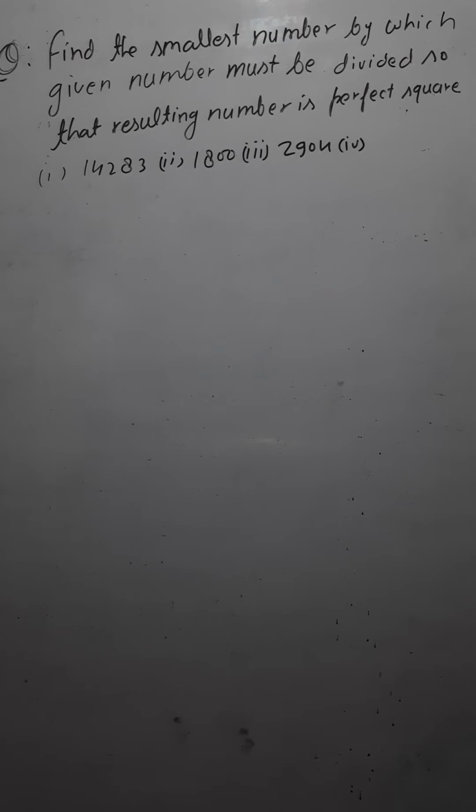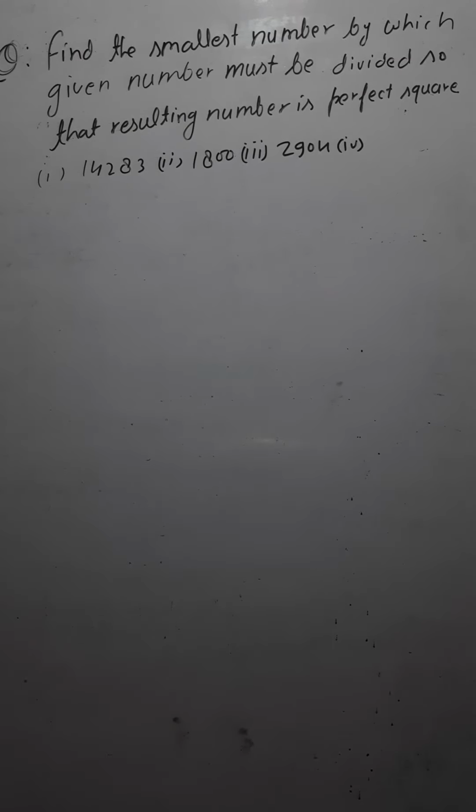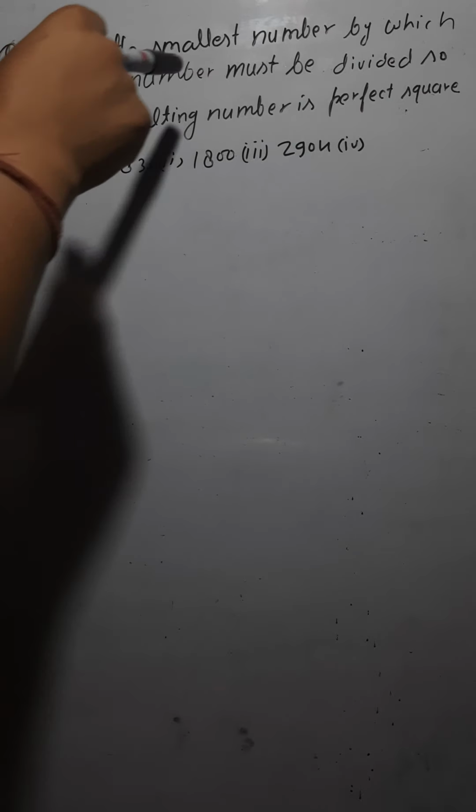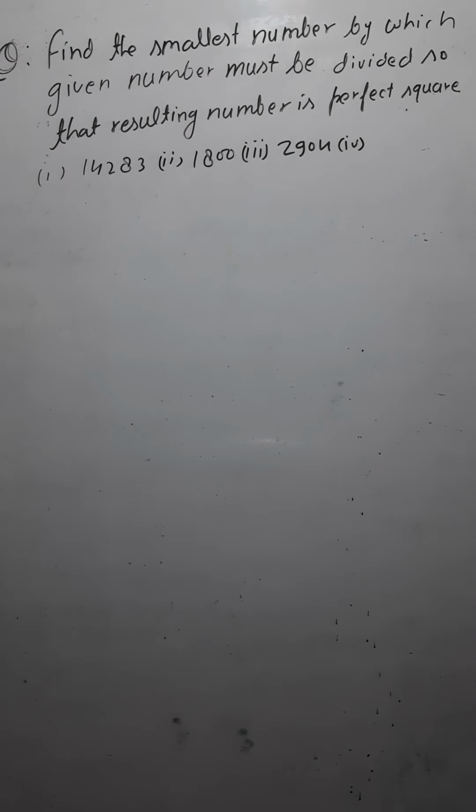Hello, dear students. Today we move ahead in the third chapter of class 8th mathematics, that is square and square roots. Here I have a new question for you. The question is: find the smallest number by which the given number must be divided so that the resulting number is a perfect square. Like in the case of the previous question, we have discussed